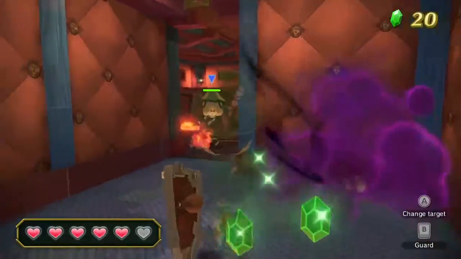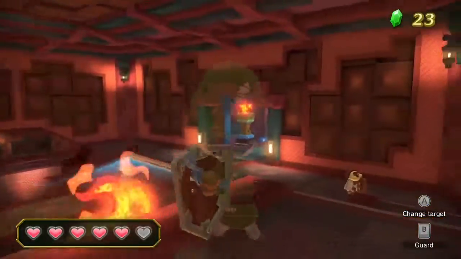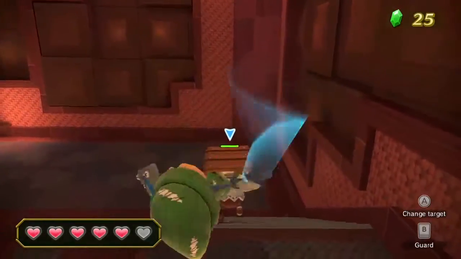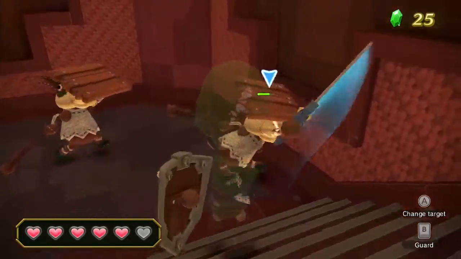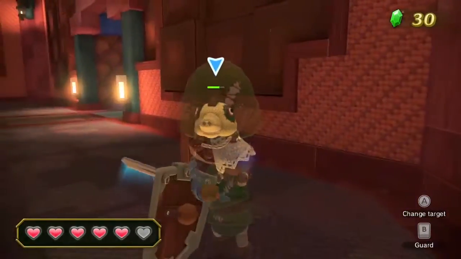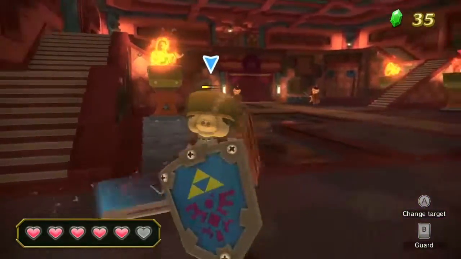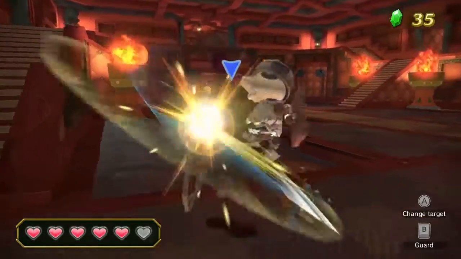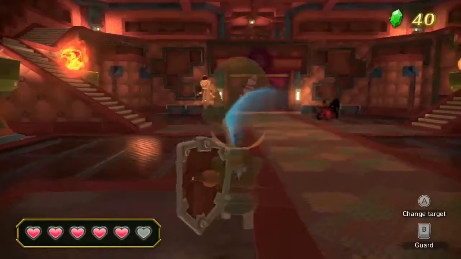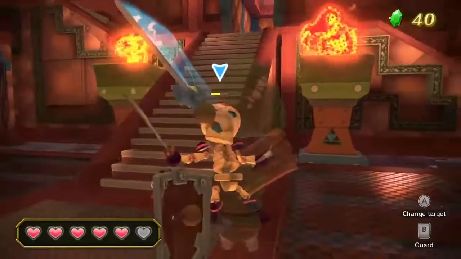But one thing that's kind of irritating about this mode is that if you're playing with multiple people, everyone shares the same life bar, so it can be kind of annoying if you're playing with someone who hasn't played before or doesn't know what they're doing. So I don't really recommend playing this with someone that hasn't played Skyward Sword or something. If they played Skyward Sword, then they generally know what they're getting themselves into here. But you know,